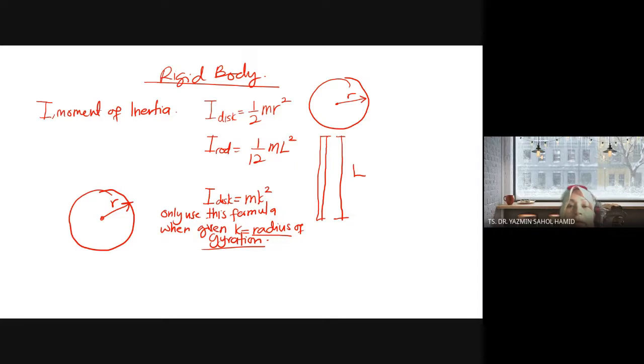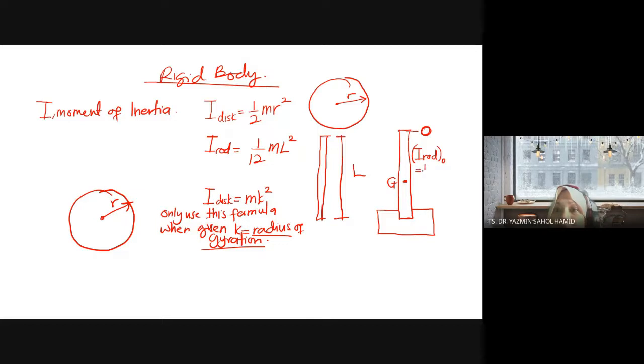Okay, for example, I give you an example. Let's say this is your rod, and let's say for example, its center of gravity G is here. But it asks you to calculate the moment of inertia at this point. Let's say this is point O. So when the question asks you to calculate the moment of inertia at a different point, meaning it asks you to calculate the moment of inertia I rod at point O,